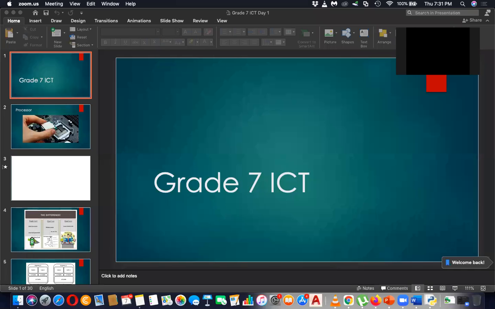Basically for grade 7 students, English medium. And if anyone from grade 8, they can also come for polishing their grade 7 skills. And this is basically for 2021 grade 7 students. And in the last week, we discussed the main components of the